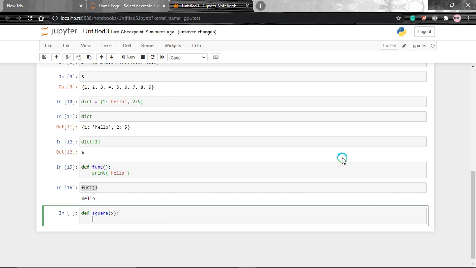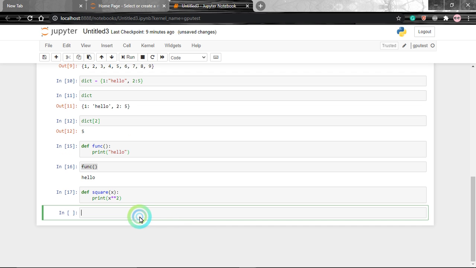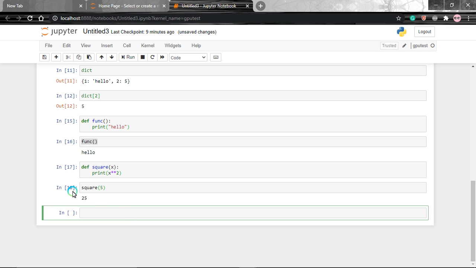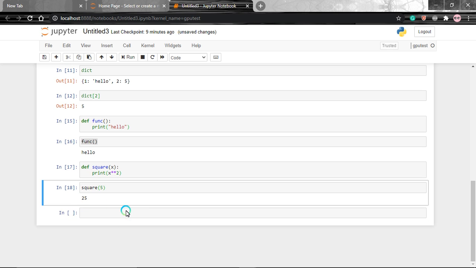So now if I want to square, we'll print x star star 2. This star star 2 is used for power, like x to the power 2. We'll define it. Now let's say if I want to do a square of 5, I'll call the square function and I'll put 5 in that, and if I run this, I'll get 25 as the output.